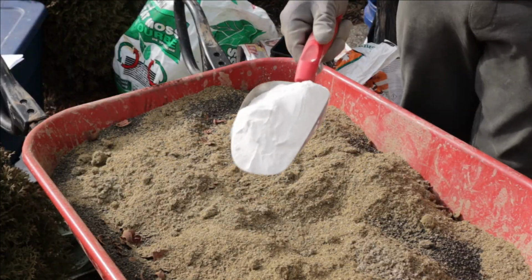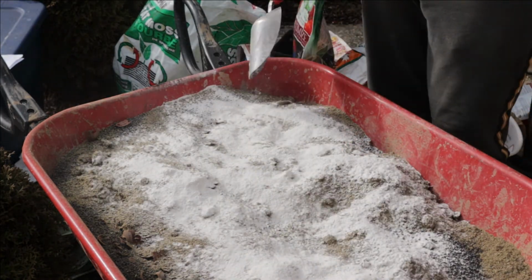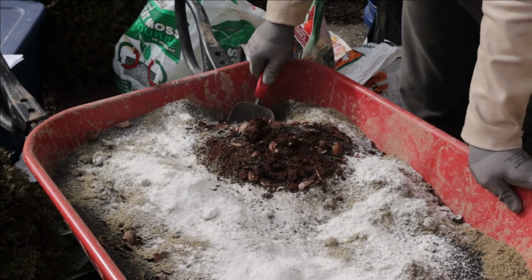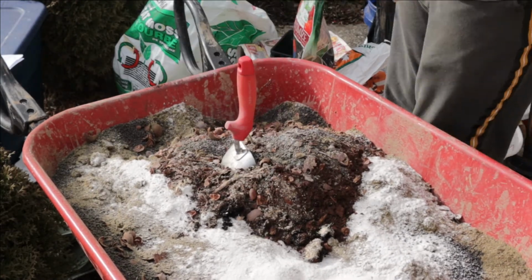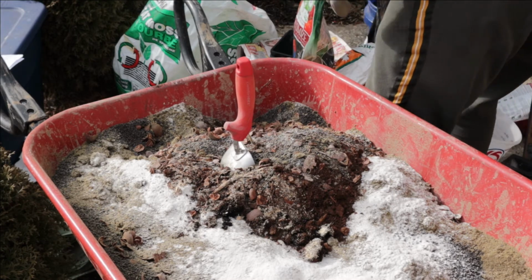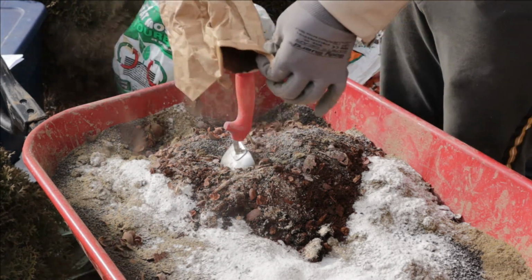Lastly, I'm going to add an ice cream scoop of lime to correct for any pH issues. So that's your base layer. And then from there, you can pretty much add in anything you want in order to boost any particular nutrient deficiency that you're experiencing in your soil. So I'm going to add a little bit of